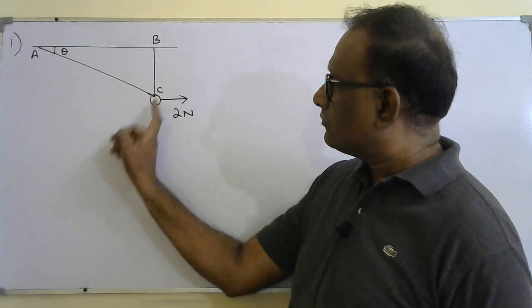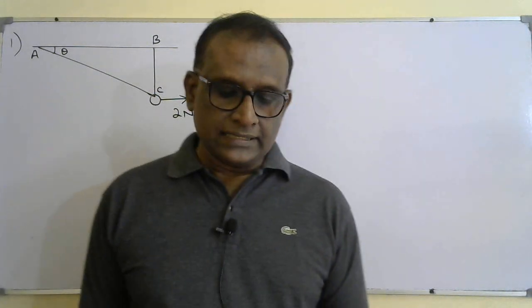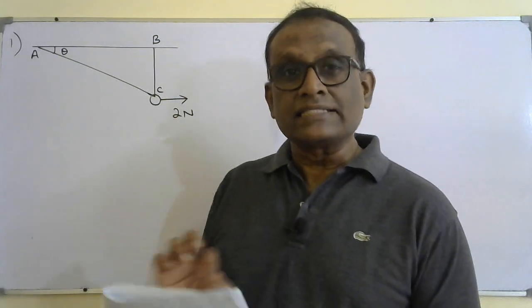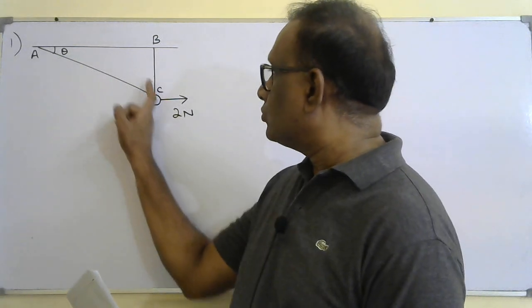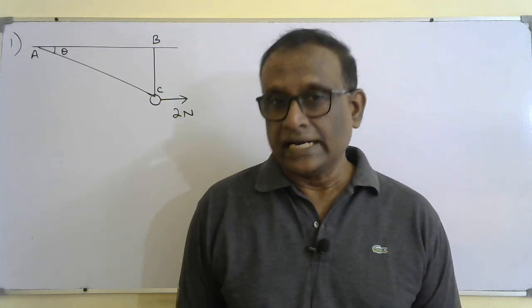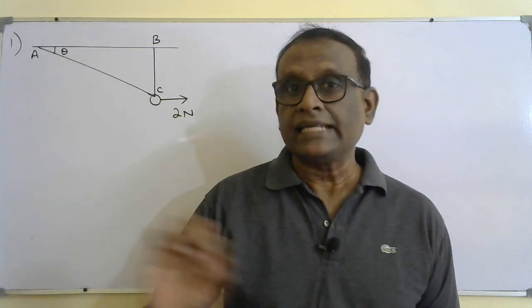string, both parts of the string coming out of the ring C. The tension will be the same. Right, so that's the reason they say threaded. Threaded is given in bold because it's just passing through the ring, same string, same tension. We take strings as light and inextensible, so there won't be any difference in the tension at any point of the